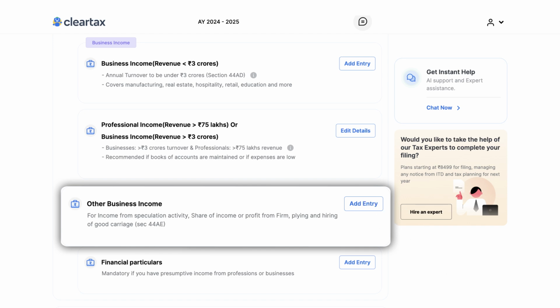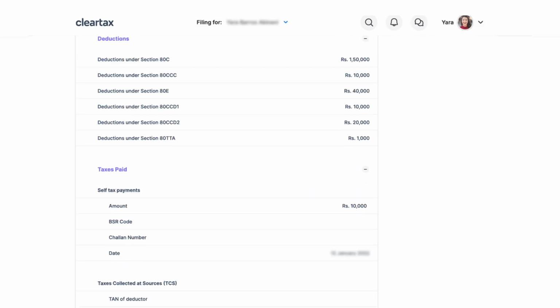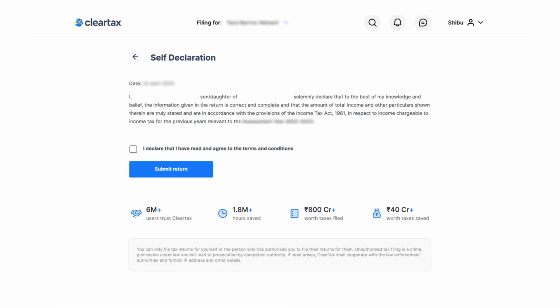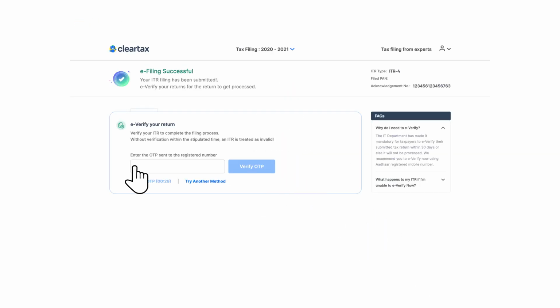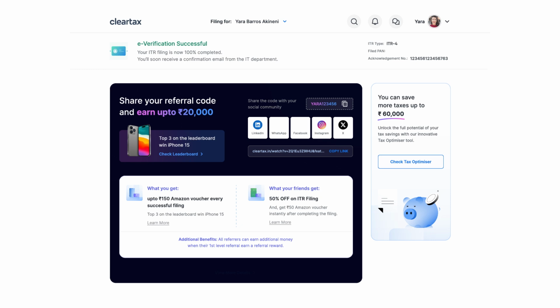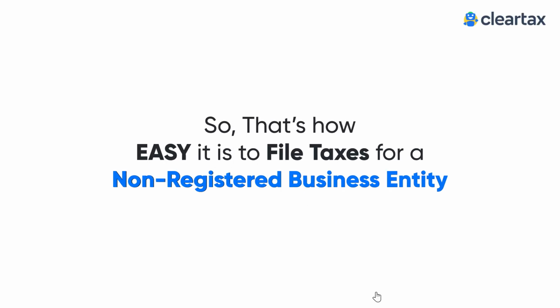Once you have added the details, simply click on continue and proceed with completing your ITR filing process. Post e-filing, you can navigate further to e-verification and complete the verification process. So that's how easy it is to file taxes for a non-registered business entity on